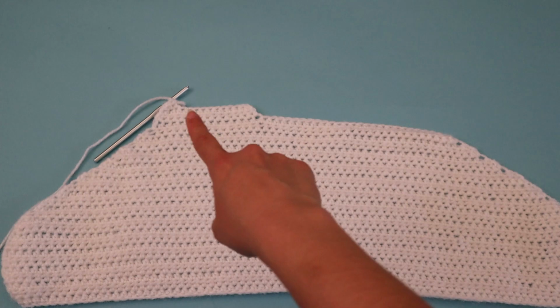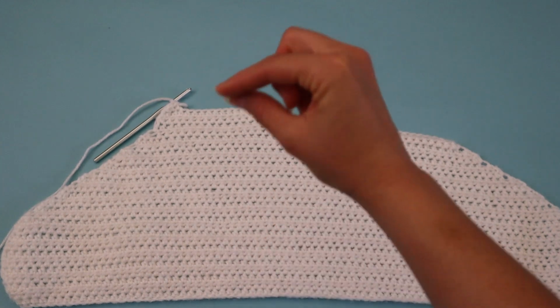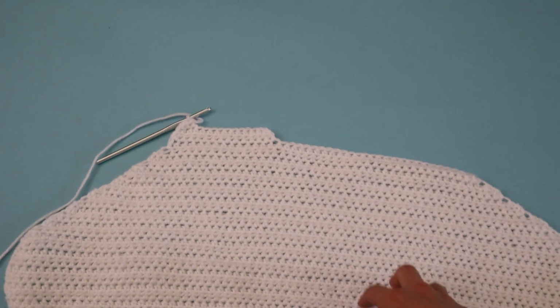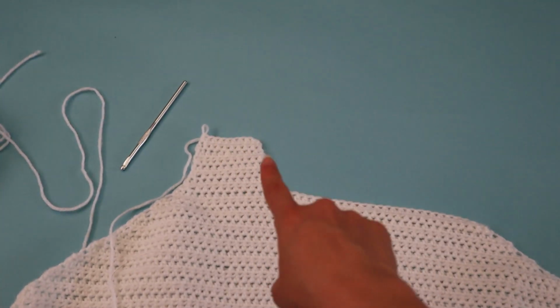A little bit of a difference, but then as you keep going, it's going to be just elongated, just like a longer strap, and it needs to be long enough to actually wrap around you. So yeah, just keep going back and forth on this area only, and I'll check in with you in a bit. So this is what it looks like after a few more rows,